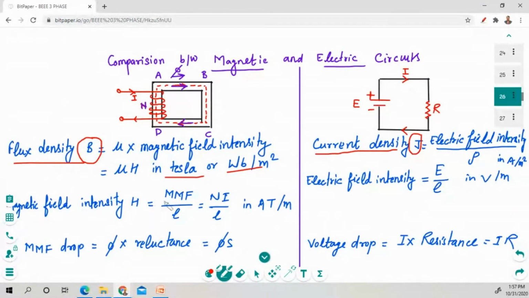Okay. So this is the last lecture revision. We have calculated field intensity, and in electrical circuit we can calculate electrical field intensity. In case of magnetic circuit, MMF is going to be generated, okay, because the circuit is a magnetic circuit right here. Okay, so magnetomotive force will be generated right here. So with the help of that, our flux is going to be induced right here. Okay, so in case of this electrical circuit, our voltage drop will be generated using I into R.